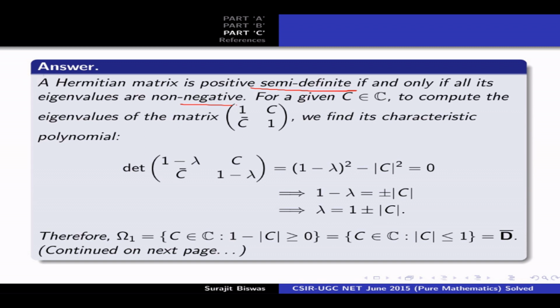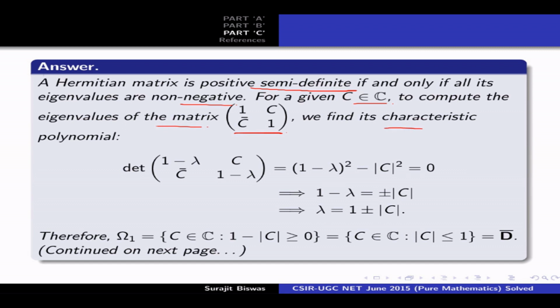We will use this characterization for a given C belongs to C to compute the eigenvalues. So therefore we can compute the eigenvalues of this matrix, and so then the set will contain only those complex C for which this matrix has non-negative eigenvalues only. So for a given C belongs to C, to compute the eigenvalues of the matrix, we find